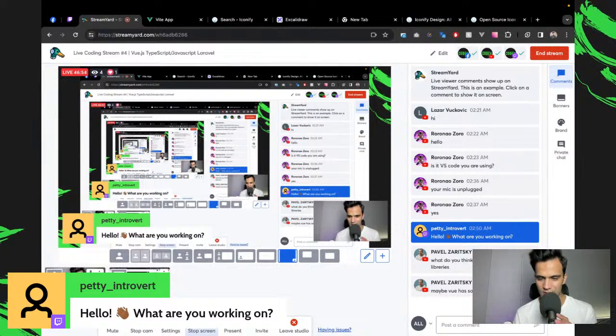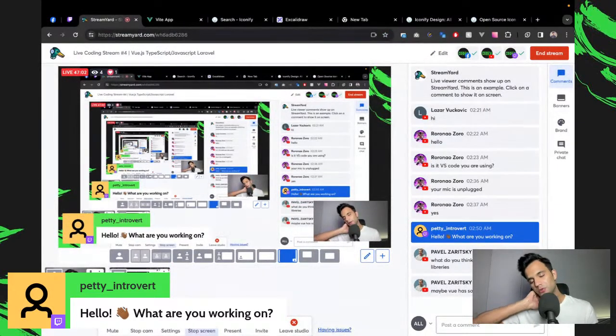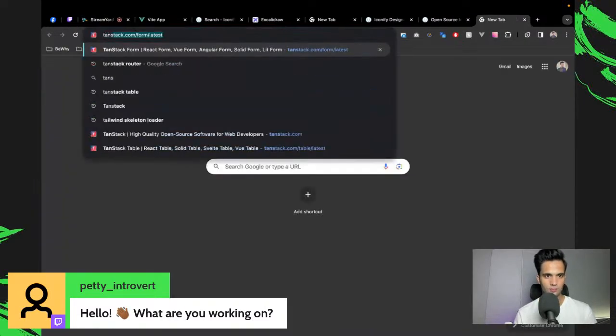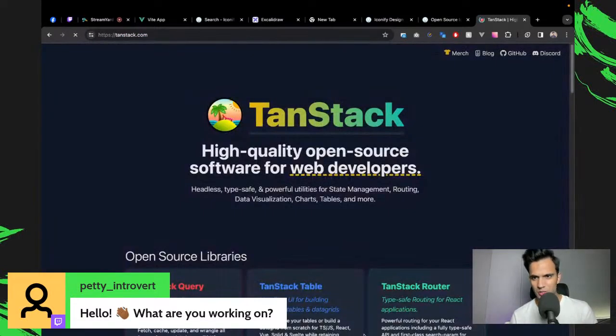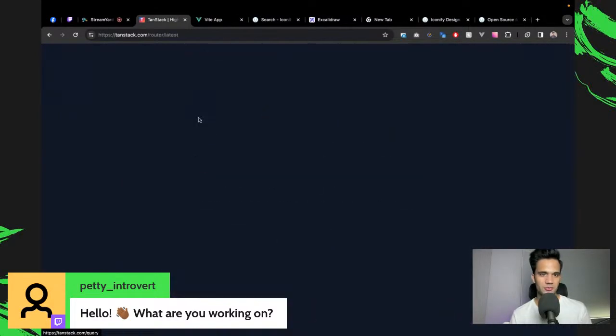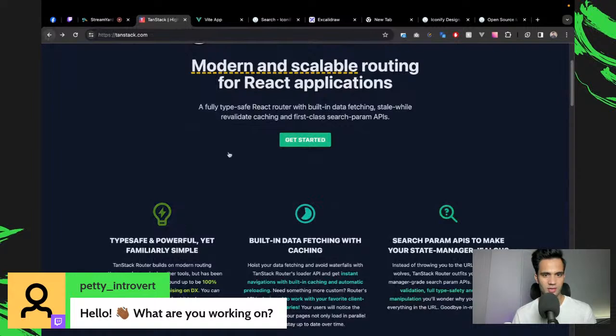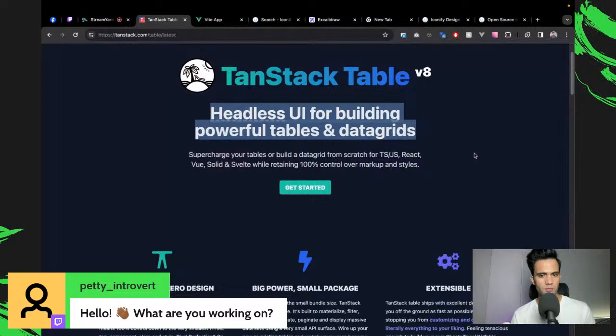How do you think about headless table libraries? Maybe Vue has some. Okay, I love headless. I would really want to use the TanStack Table. I was surprised to see TanStack doing so much for Vue as well. It's been one of the leading third party libraries for React. I've seen people use TanStack Router instead of React Router, and they're doing a lot of crazy stuff in the React ecosystem. But they have a headless table, which is pretty powerful.